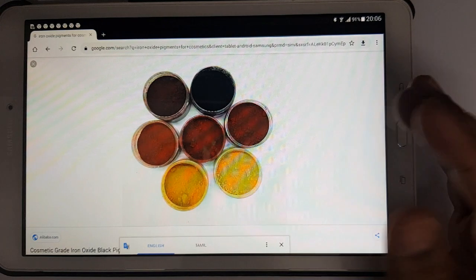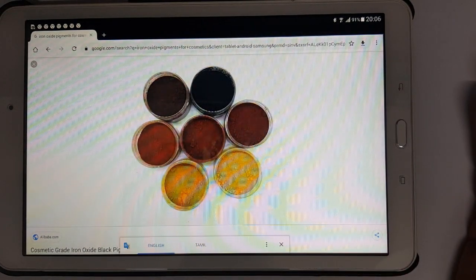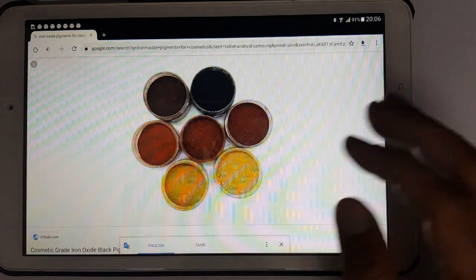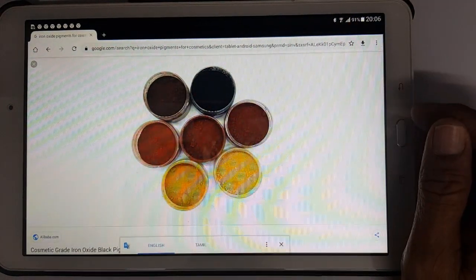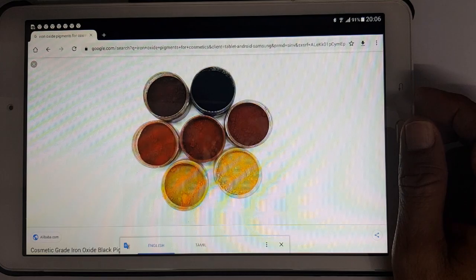So, these are all calamine. Calamine in calamine lotion is nothing but zinc oxide coated with iron oxide, that is calamine, right? So, these are some of the iron oxide pigments shown in this picture.